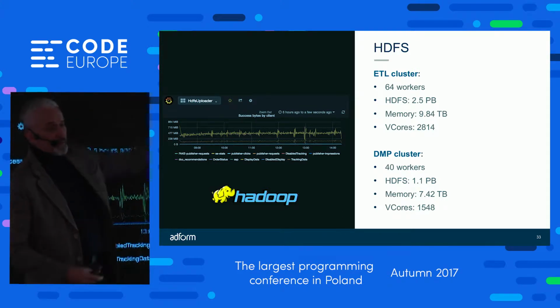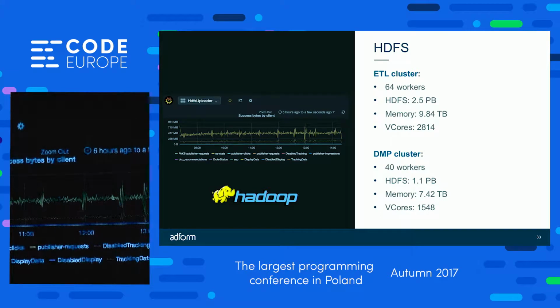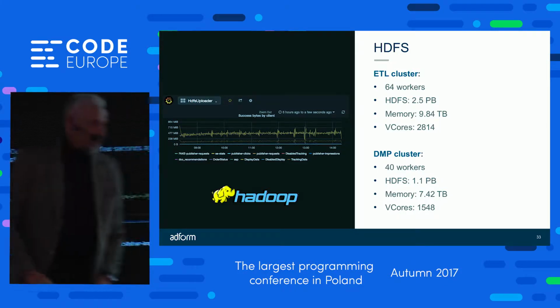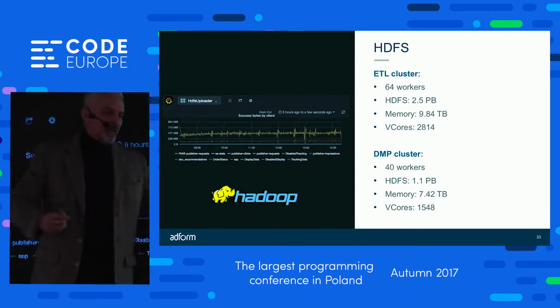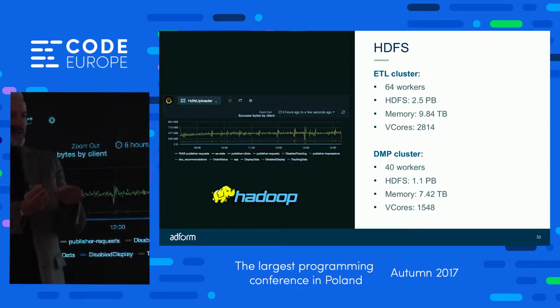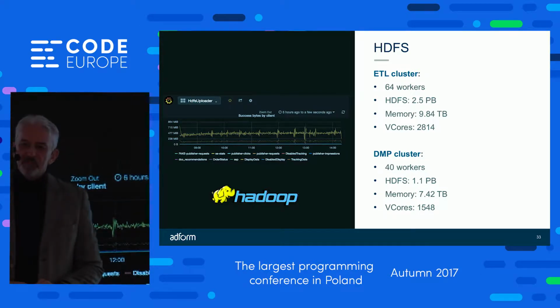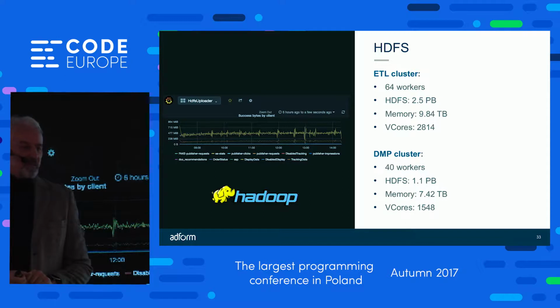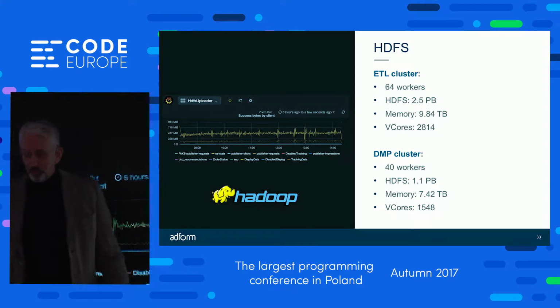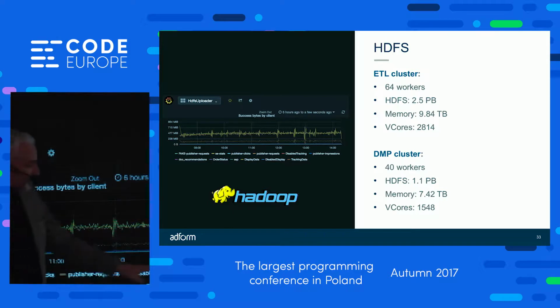So that's in the ETL cluster. That's where we take some data in, and we change it, and we put it out that side. In the DMP cluster, not quite as many, but still 1.1 petabytes. Anybody know how big a petabyte really is? Well, let me tell you. If you think of the book, the Bible, the King James version of the Bible, your grandmother probably had one. It was a big, thick book that was on her dresser or something like that. That's less than a megabyte of text. So a petabyte is fucking huge, okay? So we got lots of that. We use that a lot.